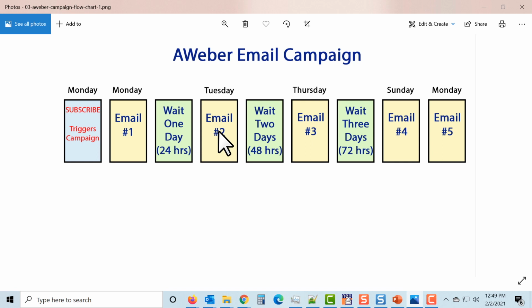These are emails that are all created and preset. Maybe 2 days after that, you get email number 3, and maybe there's a 3-day wait between email 3 and 4. On Sunday, you get email 4, and then on Monday, you're going to get email number 5. So this is the general overview. So what we're going to do after